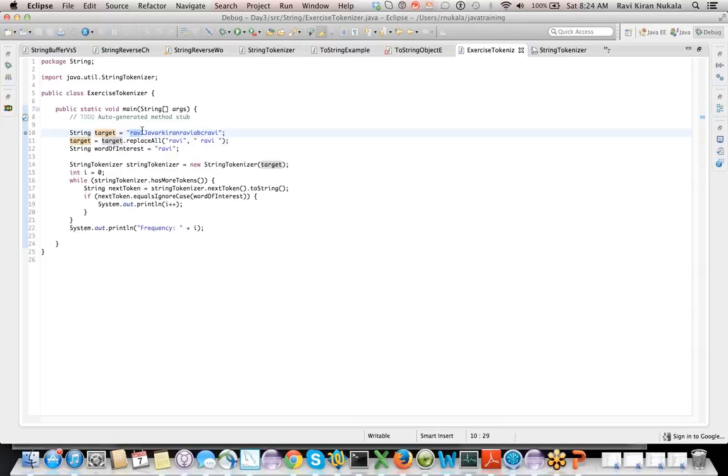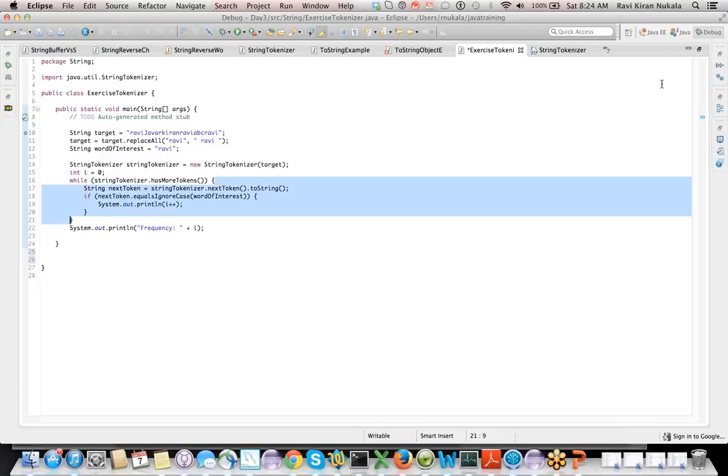It treats space as a delimiter, so we get Ravi 1, 2, like this, and 3, 4, 5 words. It gives us 5 words, and within that iteration, I'm just checking, is it the same as my word of interest? If it is the same as my word of interest, I'm incrementing the counter. Okay, so this is one way. Or you can straight away look at something in the string object itself. Do you have any questions on this?